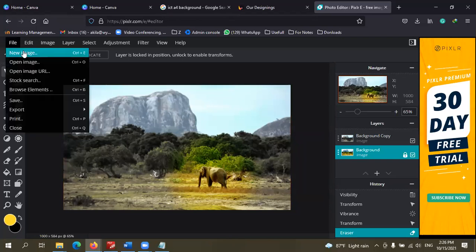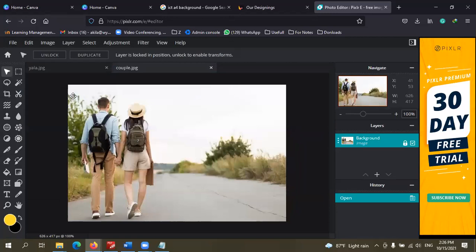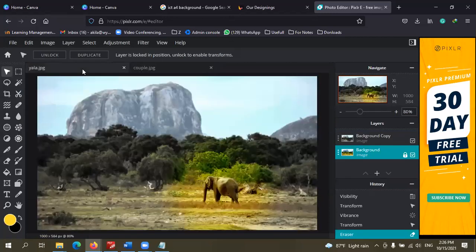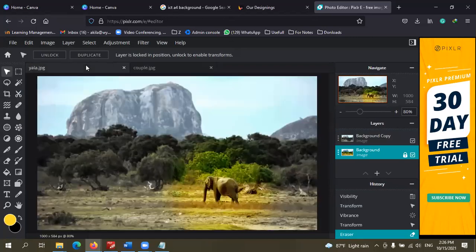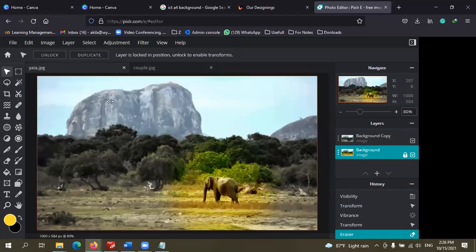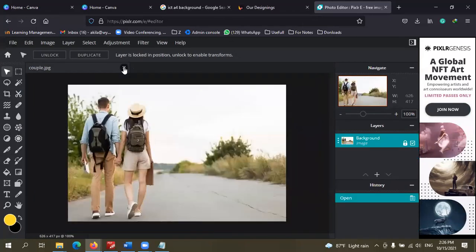Before that, I'm going to open a new image. You have to go to File, Open Image, and I'm going to open this image. Now see, the previous image is here and the new image is there, right? I'm going to remove the previous image from the interface. What I can do is just click here and delete that.